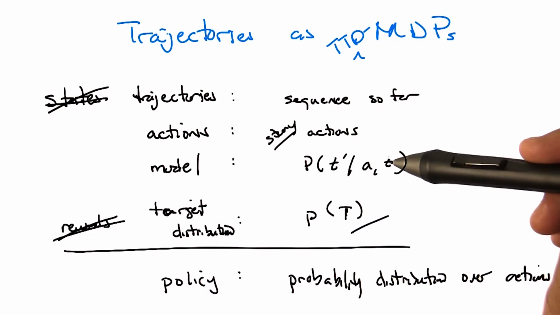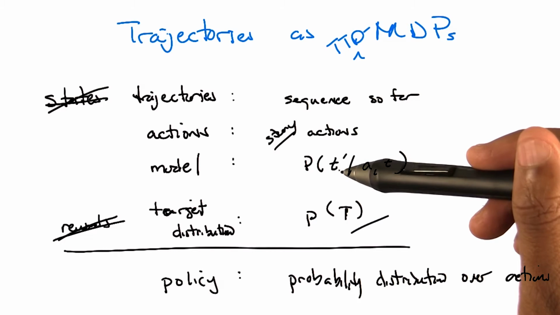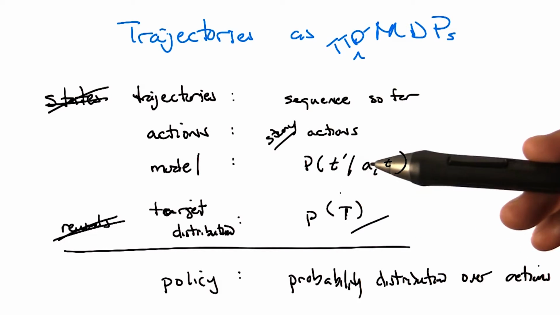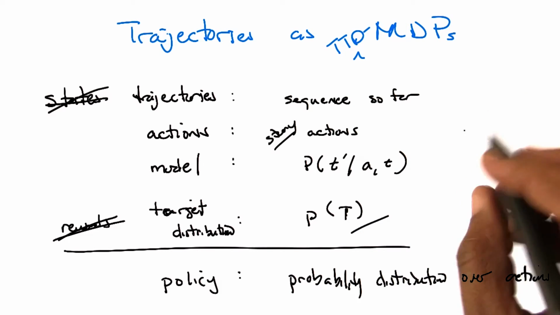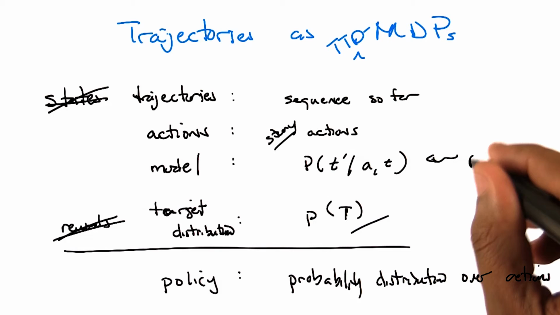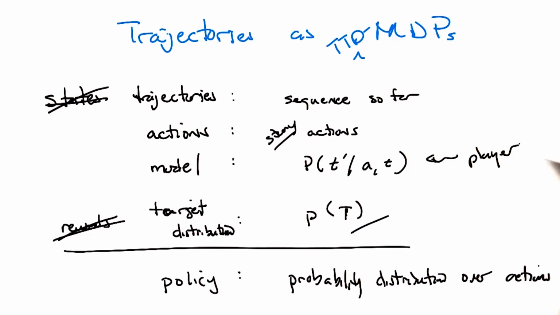The model says, well, if I'm in some trajectory and I take one of these story actions, what plot point will I end up in next? What trajectory will I see next? That depends upon the player. And so all of your uncertainty here probably comes from the player. That's where all your entropy comes from. Okay. And I'm trying to get some stories, and some stories I want to happen more often than others, but this allows the player agency by doing this